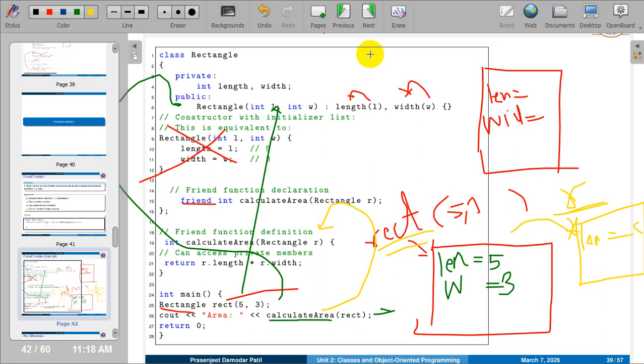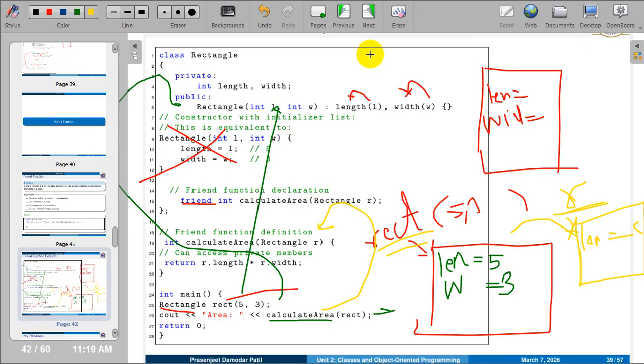We don't have access to these data members or member functions directly outside the class. So if I want to pass the value to these data members, I have to declare a function as a friend of that particular class, and the definition of the friend function can be written